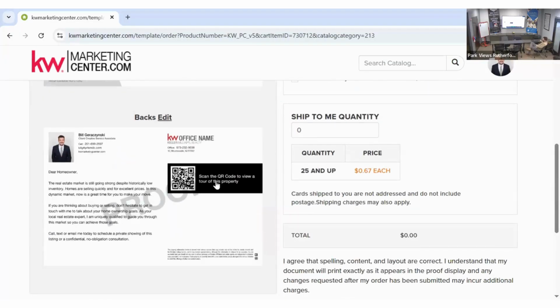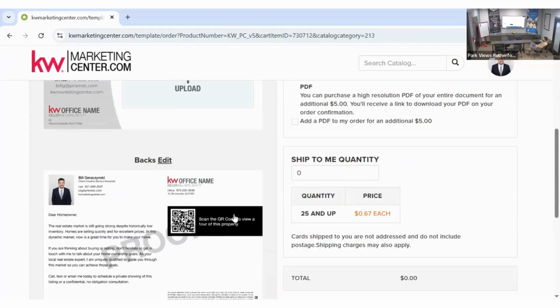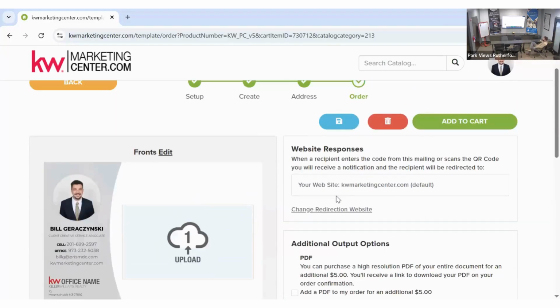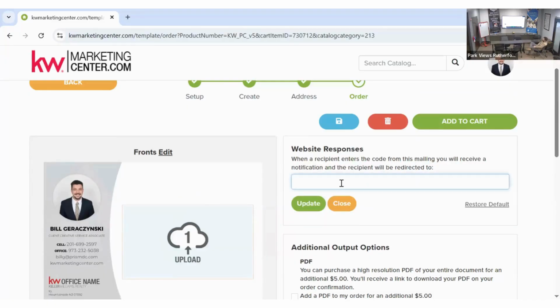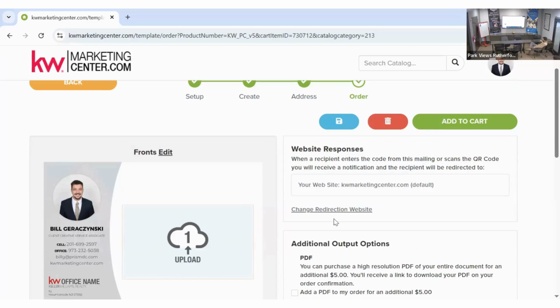This one just says, as an example, scan the QR code to view a tour of this property. Now, if you had your own professional tour of the property, you could basically just hit change redirection website, paste in the URL there, click update, and the QR code is going to be good to go. Once you click update,